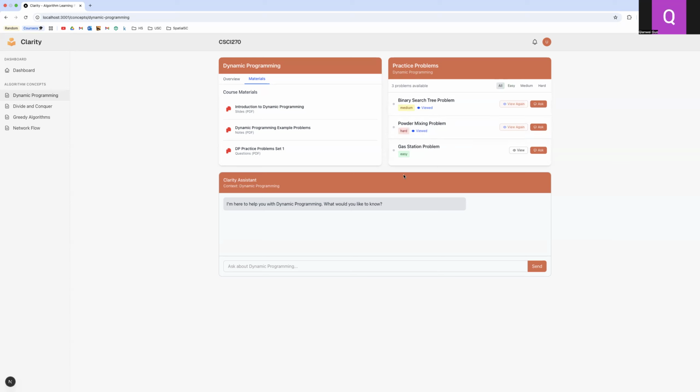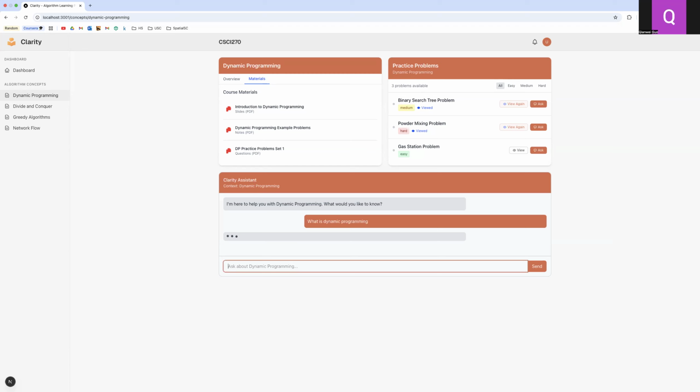And for the chatbot feature on the concept specific page, we can ask questions that are more related to the concept. For example, we can see here the bot is helping me to handle dynamic programming. So I can ask the chatbot, what is dynamic programming? And after searching the code base, after searching all the course materials, it will give me an answer. And also some